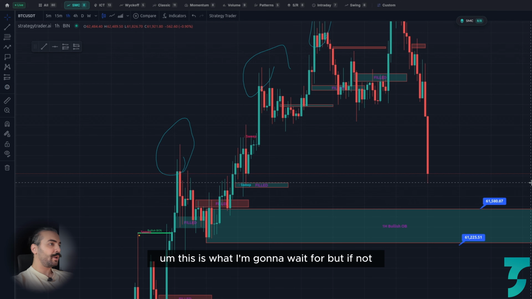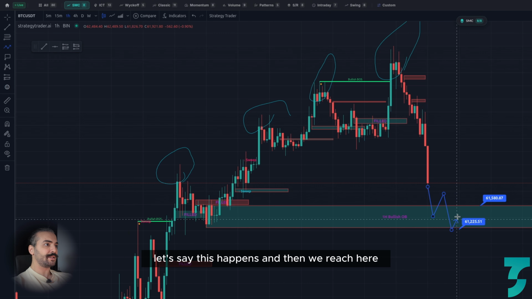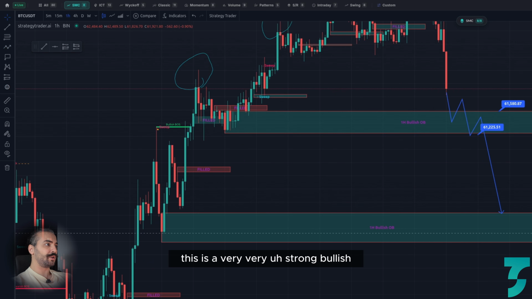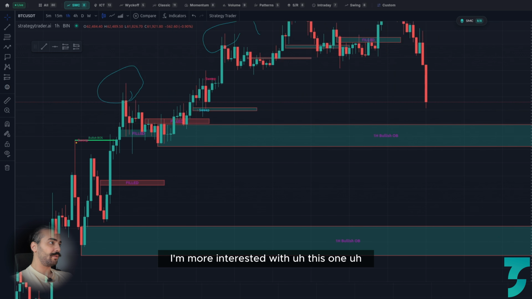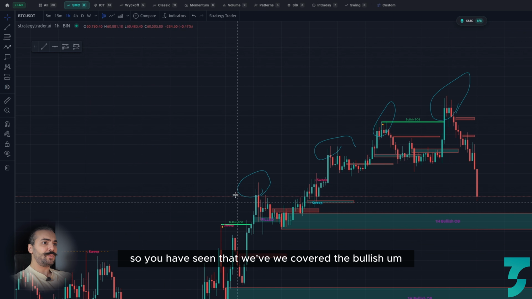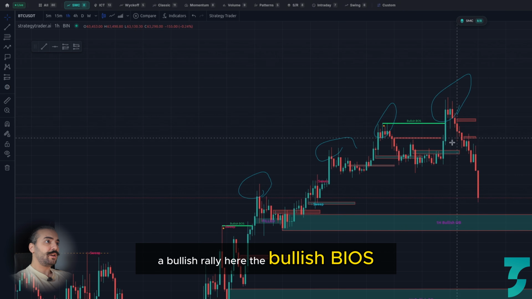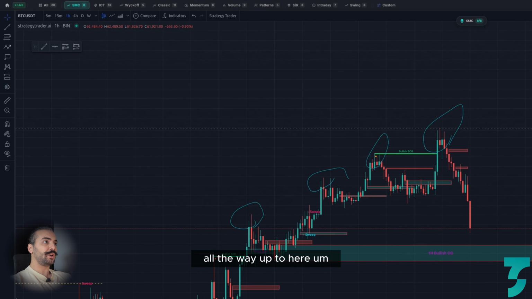This is what I'm going to wait for. But if not, if instead of this we had more lower lows, let's say this happens and then we reach here, this is a very, very strong bullish order block for me. To be honest, I'm more interested in this one. Let me open up the rest of it. You have seen that we covered the bullish rally here, the bullish BOS,